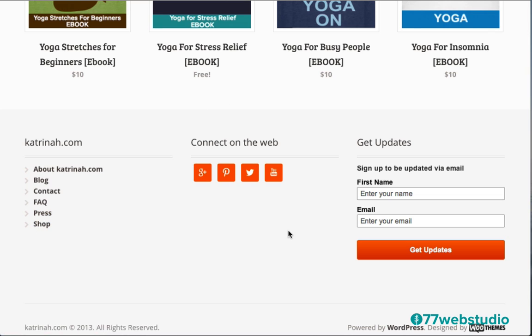Then I'll also include in this demo the social icons so anyone can easily connect with you on the social web, either via Facebook or Google+, Twitter, YouTube, or some other social network. And then finally on the right hand side, whether it's an e-commerce website or a business website or a personal website, it's always a good idea to start capturing email addresses of your visitors so that you can stay in touch with them on a more regular basis via email.